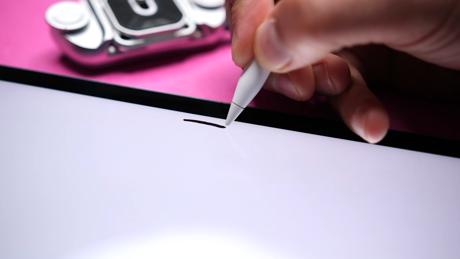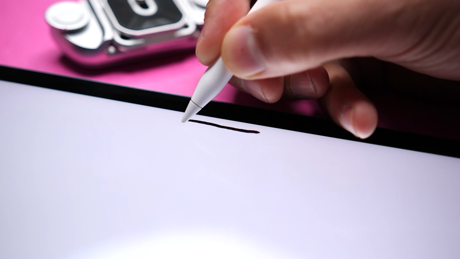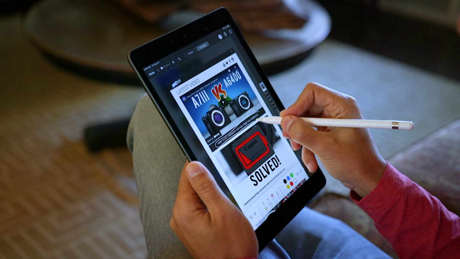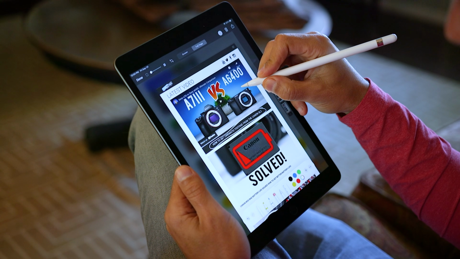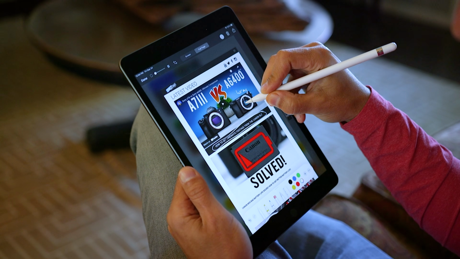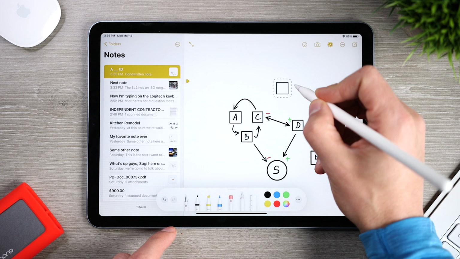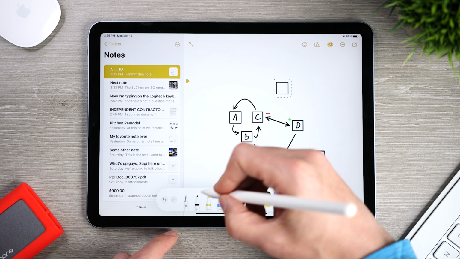Now, the one area where there's a more meaningful difference is when you're using the Apple Pencil. So on the iPad Air 4, it will look like the tip of the pencil is actually touching the line or the content that you're creating. Whereas on the iPad 9, you'll be able to see the separation. Now, when I'm taking notes, using the pencil for photo editing, or doing basic sketching and vector graphics, I have no issues using the iPad 9. But if you're a serious artist and this is the primary reason why you're getting a tablet, you will appreciate having a fully laminated display and the second generation Apple Pencil.